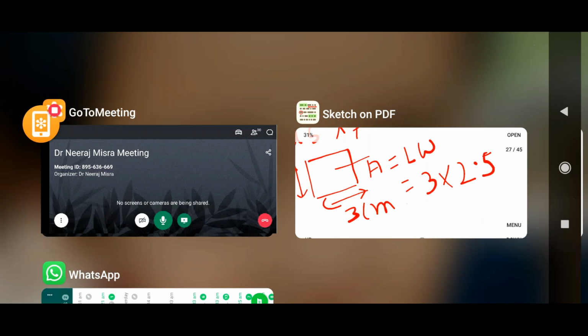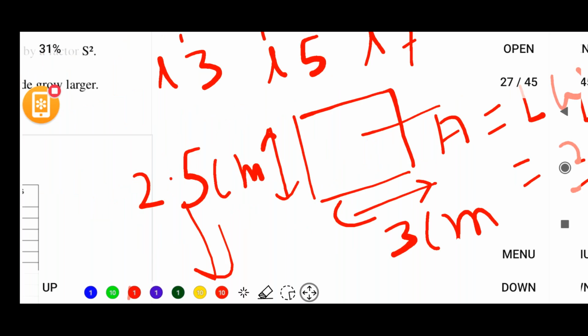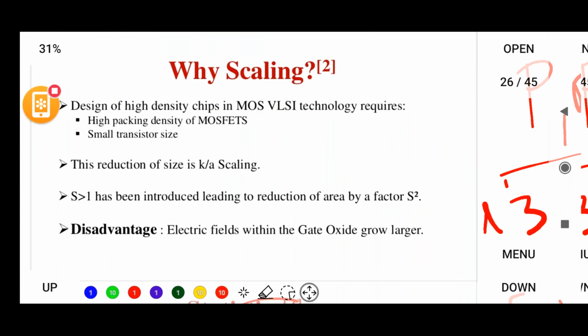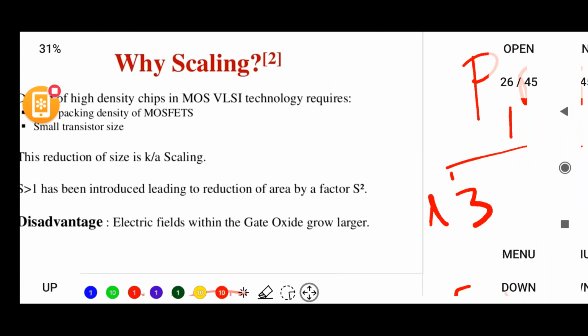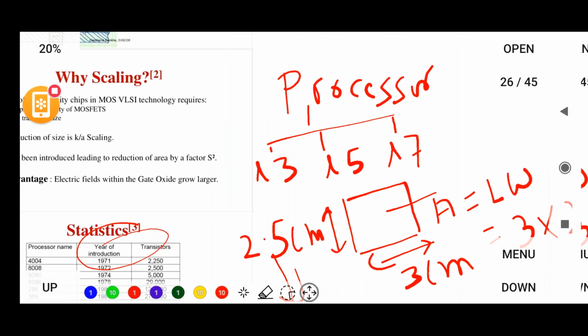Okay, so now I will discuss the concept of scaling. Scaling is a technique to reduce the transistor dimension. Okay, so how is it possible? We have also discussed this concept sometimes, but here you see what problems we are facing nowadays in the